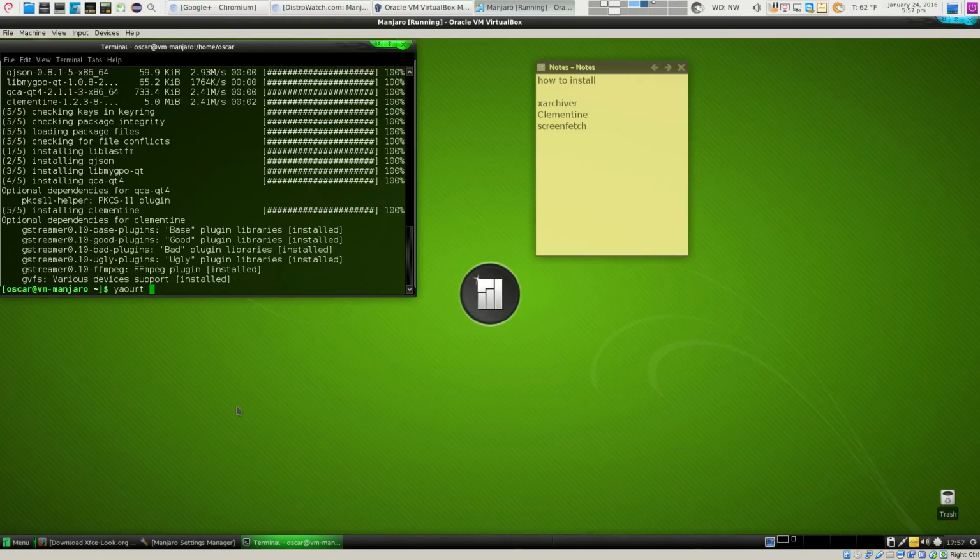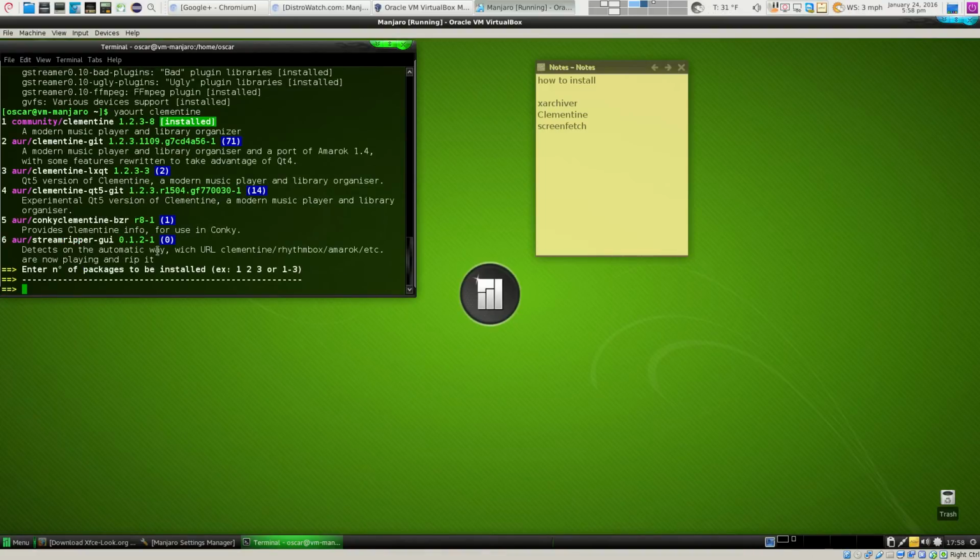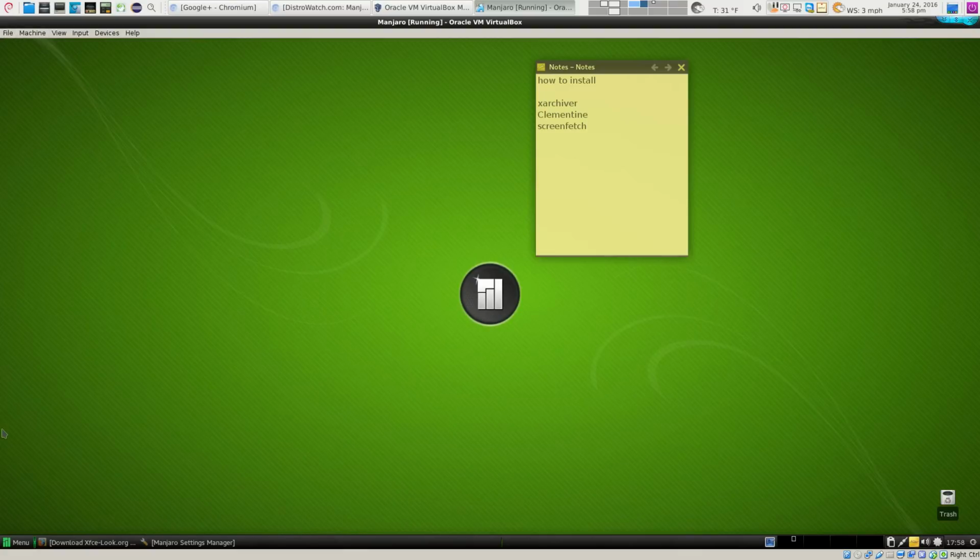So you need Eclipse, for example. No, Clementine is right. So you get a whole list of the AUR here, all repositories. I already got it installed, as you see. But if I wanted to install, I just press 1 and then press enter and go through the process of installing it. Alright, so we close that. So we got Clementine now.